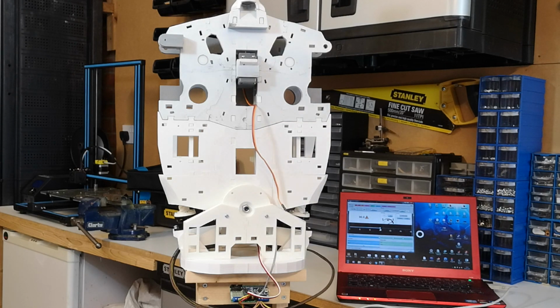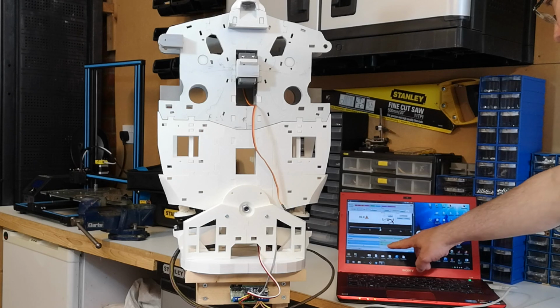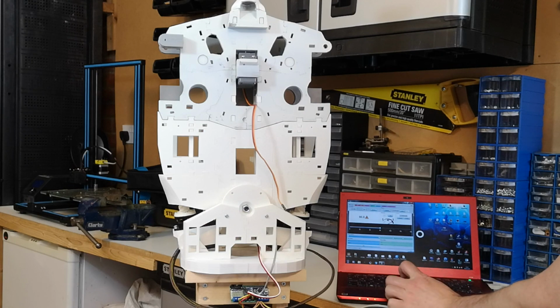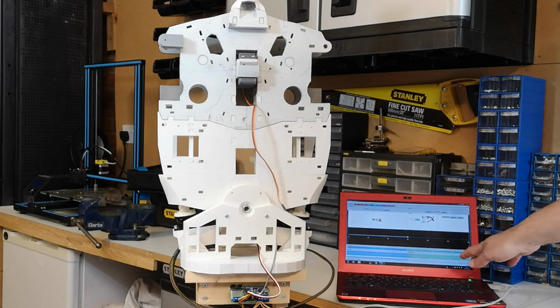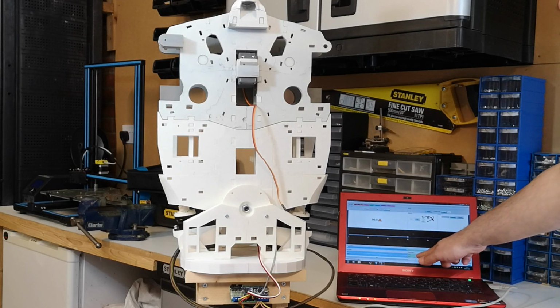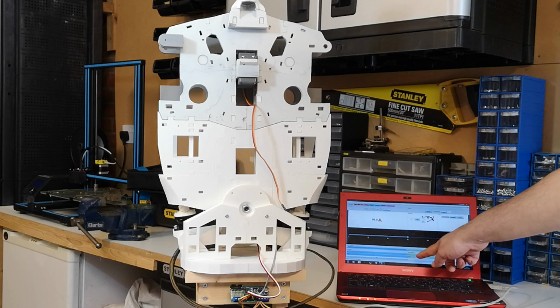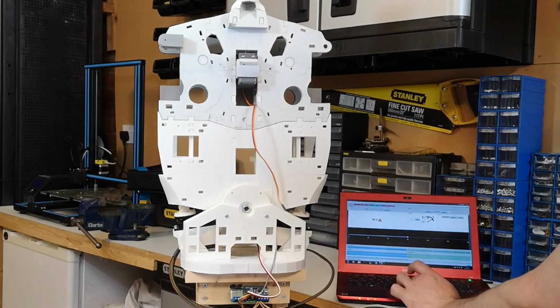I've been playing around with the mappings a little bit in MyRobotLab. I know you can't see the screen, but they're down the bottom right of the screen. There's the output map, and I've set the top figure to 72 and the bottom figure to 128. And then if I slide the slider all the way down to 0,